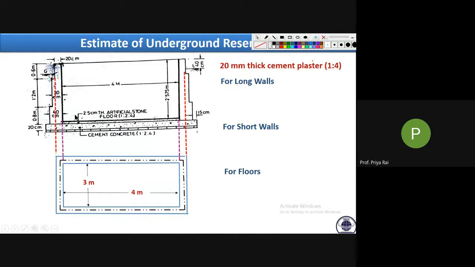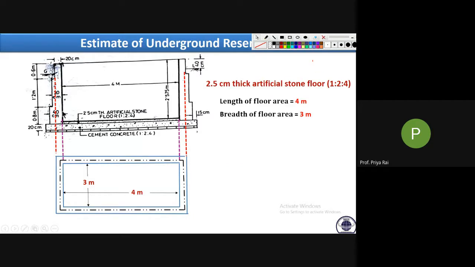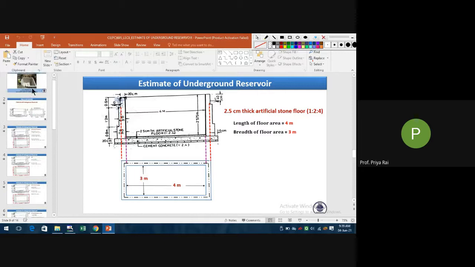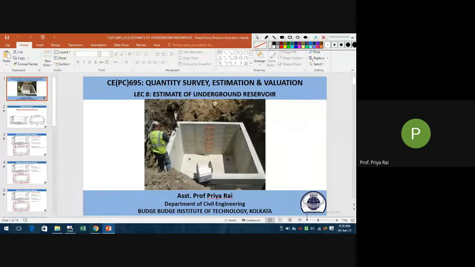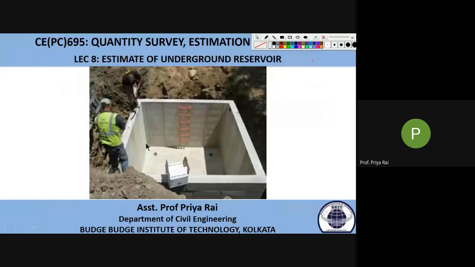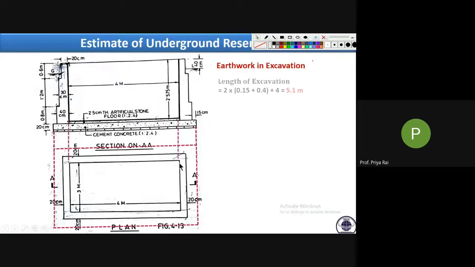Done. Now next comes, after flooring, what we have to do? We have to do plastering. Where do we need to do plastering? On this wall, that portion of the wall, and this side of the wall. How many walls are there where we need to do plastering? Tell me how many walls. 4, right? This wall, this wall, this wall, and this wall. As well as the floor also we need to plaster, right? So we have to calculate the total plastering area.